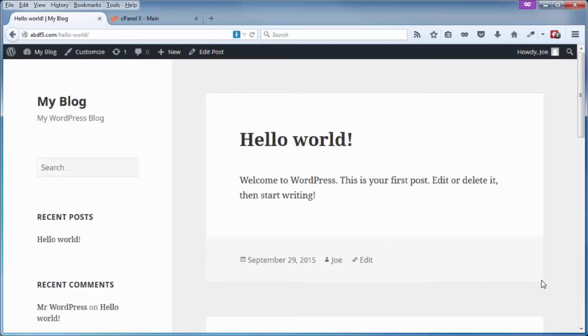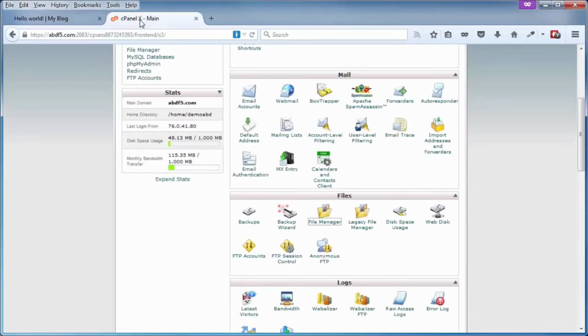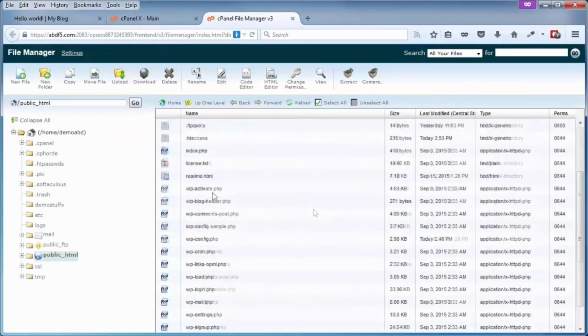Okay, that said, let's get to work. I'm going to be doing this within my cPanel control panel. You can do pretty much the same thing if you are using something like FileZilla or an FTP client. But for me, it's just a lot easier to do it within File Manager of my cPanel control panel. So I've already logged into cPanel, clicked on File Manager, and here is the